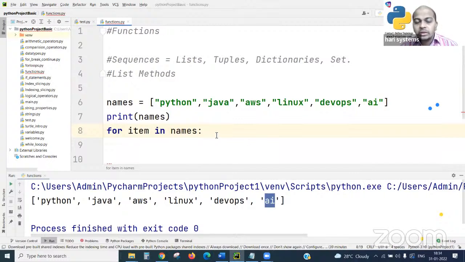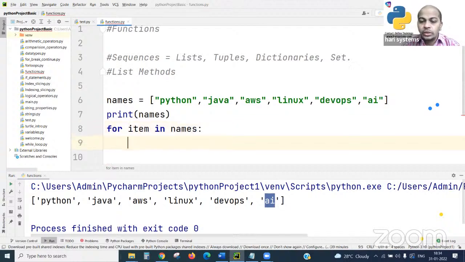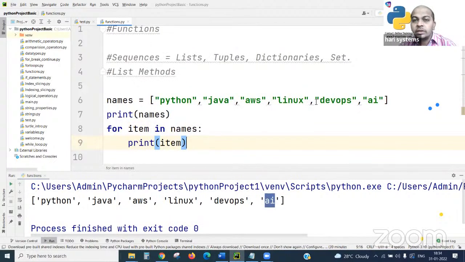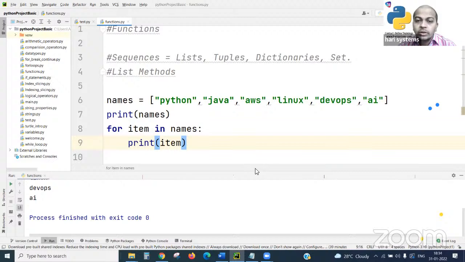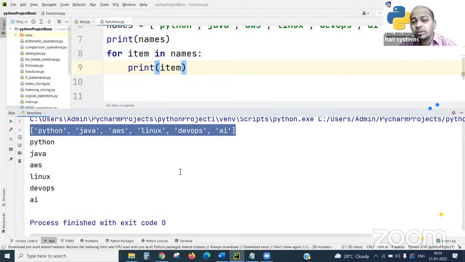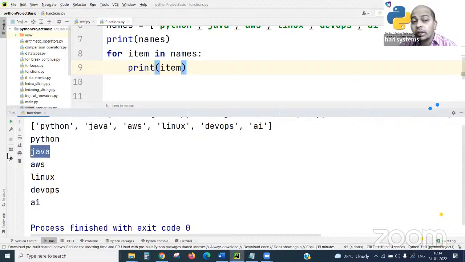Here, each item in names. If I print item, to see what is loaded in item, and run the program, you will see the list items one by one. Earlier we saw the list; now one by one, each item is printing with the help of the loop.